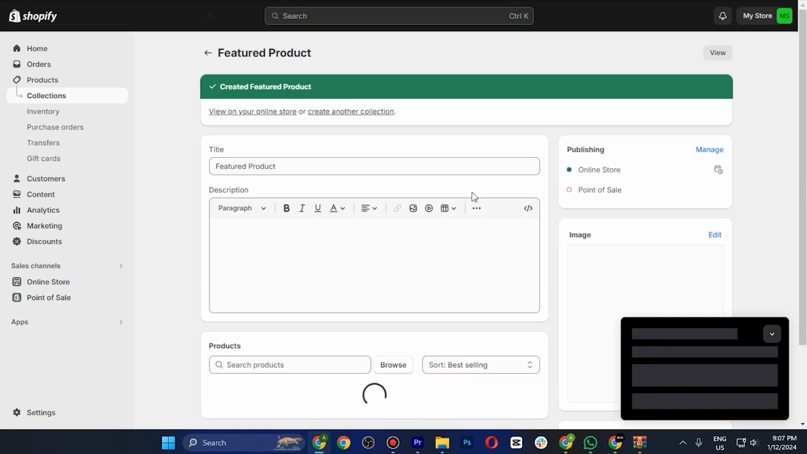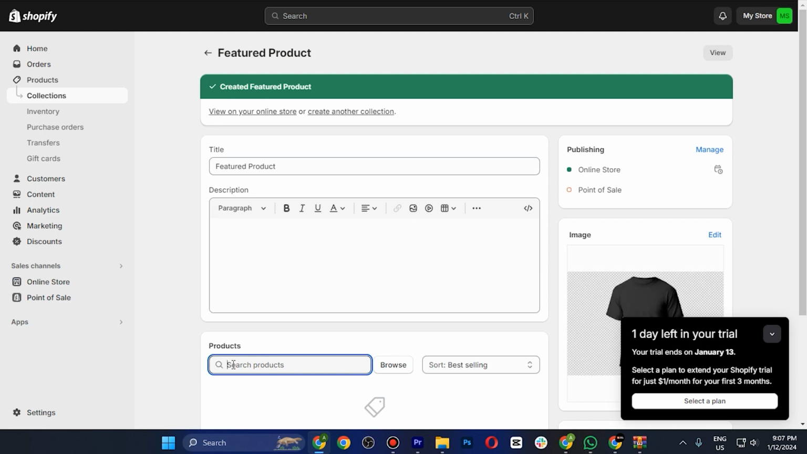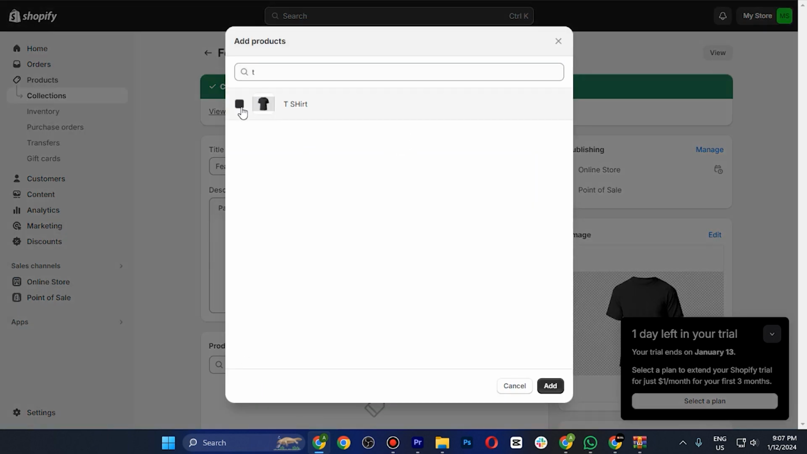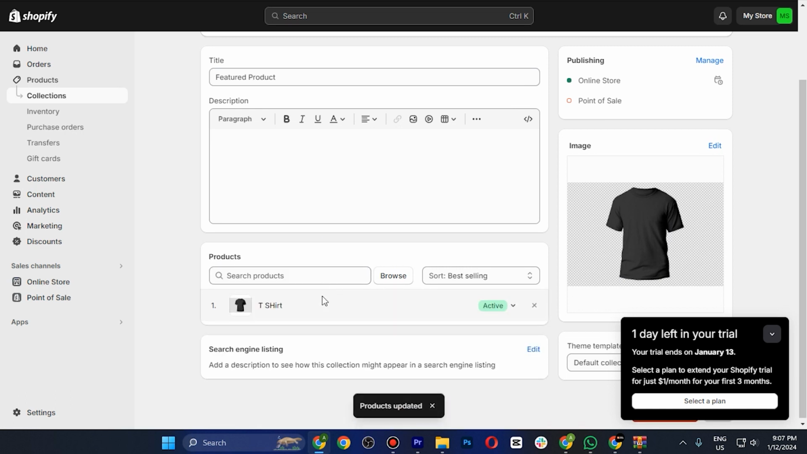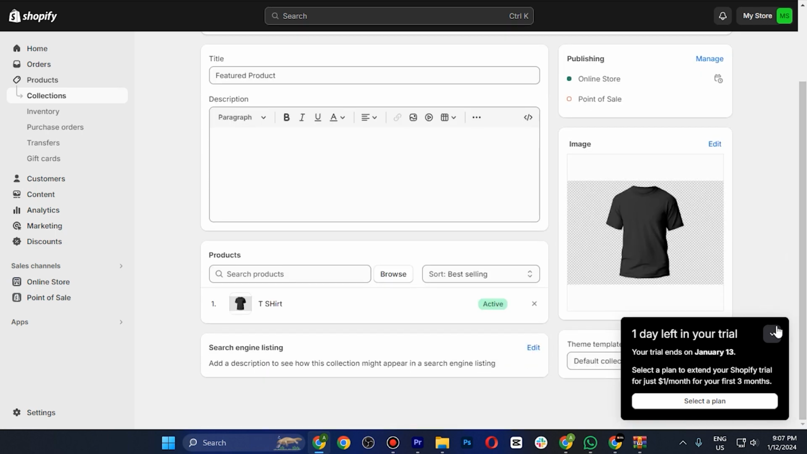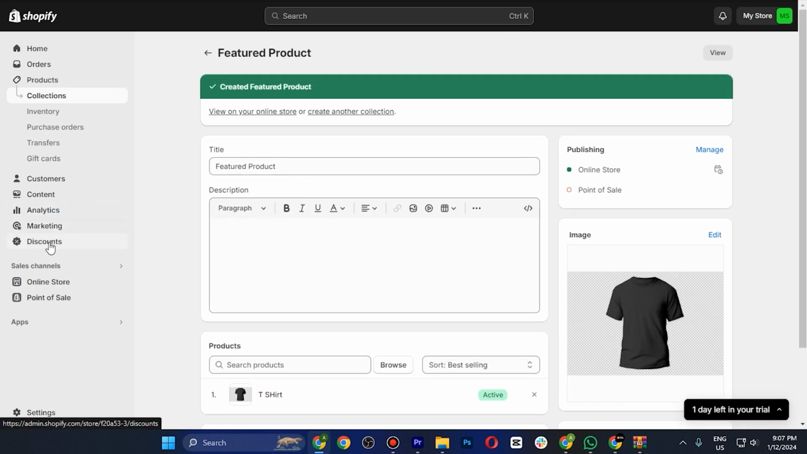Once you do so, you just need to select your product now, which is in my case this t-shirt as an example, and this is by the way in manual mode. If you have automatic, make sure to check out the manual mode. Once you are done, you just need to save the changes, and the next step is we need to head